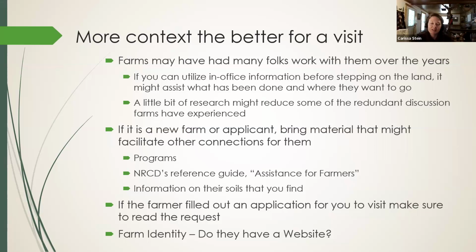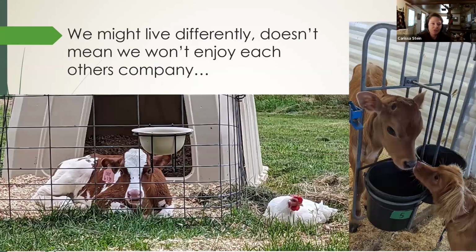Besides this slide, oh, it's so cute. It's part of why I love going to farms. Another thing, especially for the new folks on this call who have farms to go to and feel a little intimidated or aren't quite sure how they're going to approach a situation, I'd really just ask that you remember that they're a farmer, you might be an agency person,